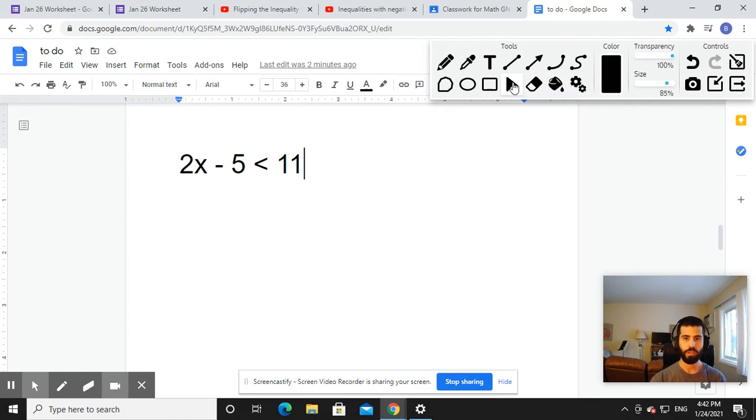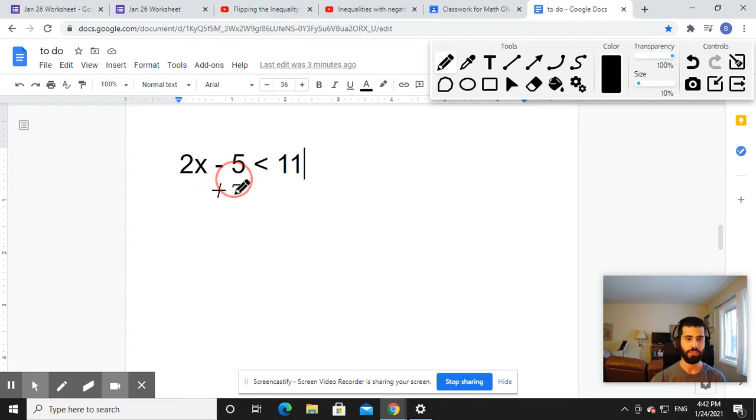So to begin solving this, at some point we have to do the opposite of both these operations. We see there's a subtracting 5. At some point we're going to need to add 5. There's times 2 for the x, so at some point we're going to have to divide both sides by 2. We are going to deal with the subtraction first. If we think about the order of operations backwards, then that would come first. So we're going to address that by saying